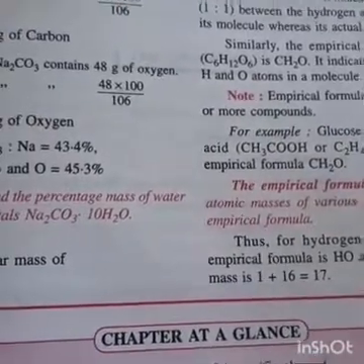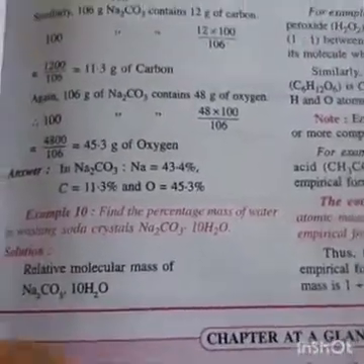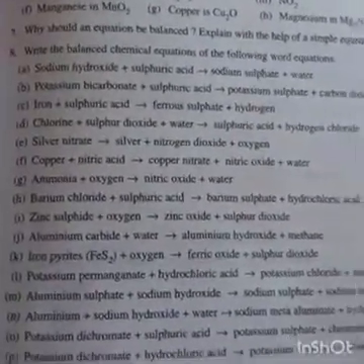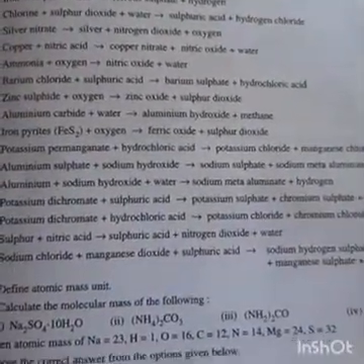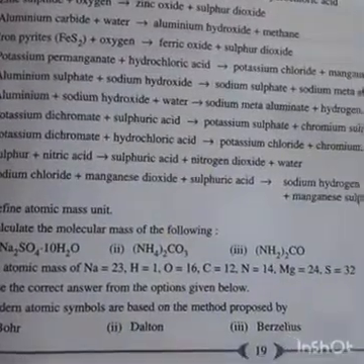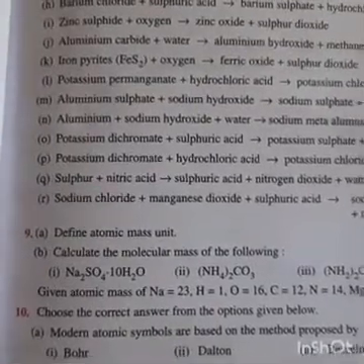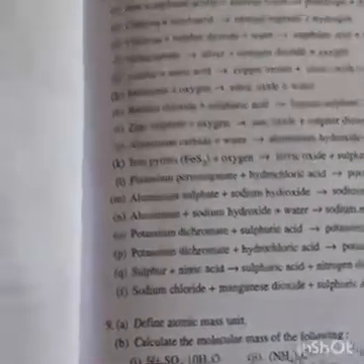So children, this is all about chapter number 1. Please go through all these exercises, and balance the chemical equations given in your exercise. There are a lot of in-text questions also given, and a large number of reaction balancing questions on page number 19, question number 8. So please do them, and there are certain numericals. For example, calculate the molecular formula, calculate the percentage composition of an element present in the compound, or find the empirical formula. So please try to solve all of them.